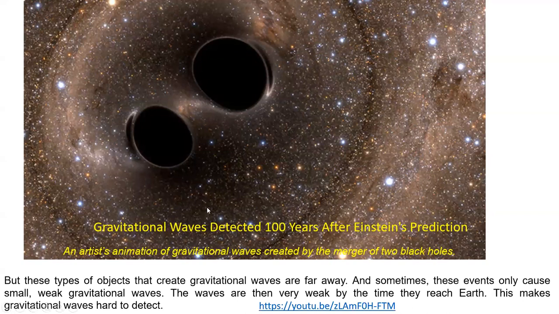This is not actual photography, it is an artistic view, an animation of the gravitational waves which were created by the merger of two black holes. See, this is one black hole, another black hole, going around both of them, both are attracting each other. In the background is the stellar phenomena with different clusters of stars. You can see a circle, which looks like a circle. This is mainly because of the gravitational influence of both of the black holes put together there.